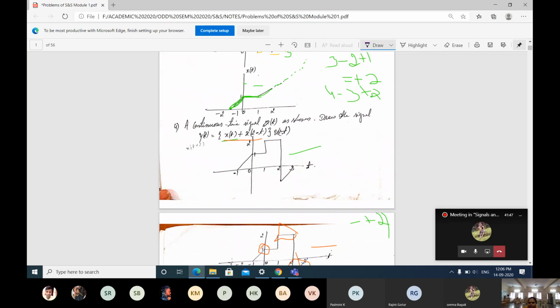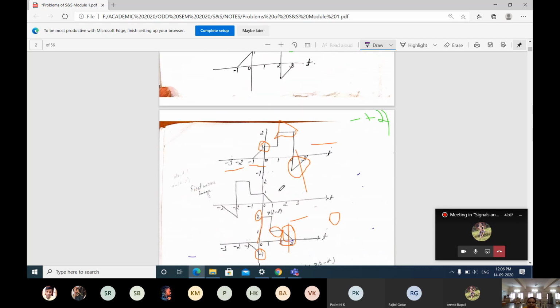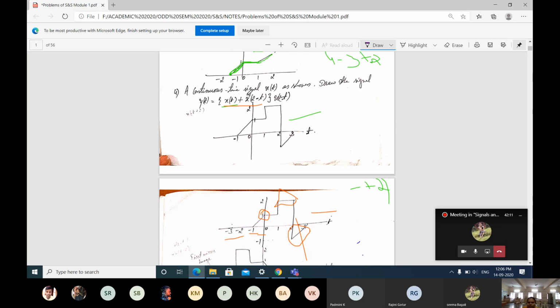First you observe what is given, and then just glance over which operation we have to do. If it is given as minus t, take the negative part outside, then first do the reflection operation, then go for the shifting operation. Same thing we did, and we drew the signal here. Then you have to multiply by the u of t function. Again, in the u of t function, it's not given any u of t function here.